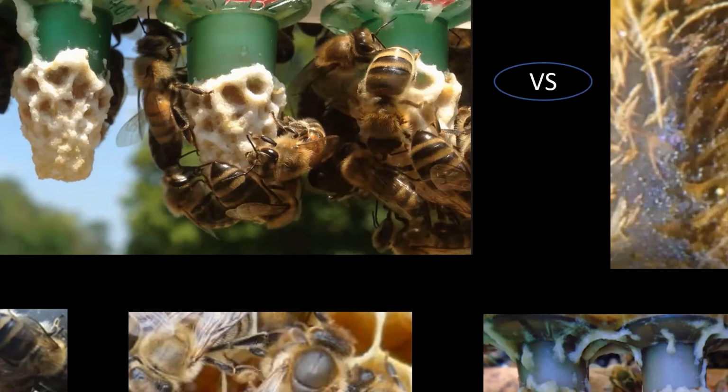Ohio, before Varroa, had around 40,000 colonies of bees and bee trees. It's been estimated by the Ohio Department of Agriculture. So with that said, I'll show you a slide of some of the things I'm working on right now. But I want to show you, especially you new guys,